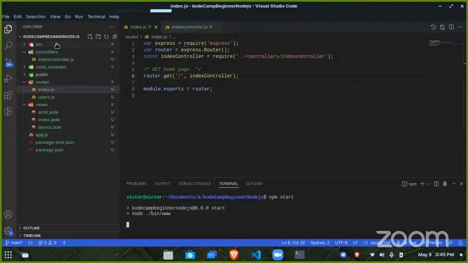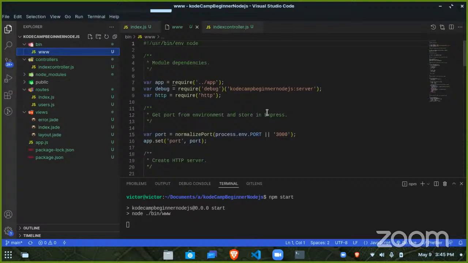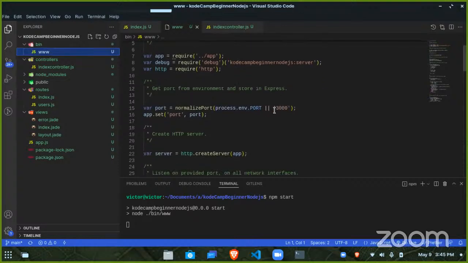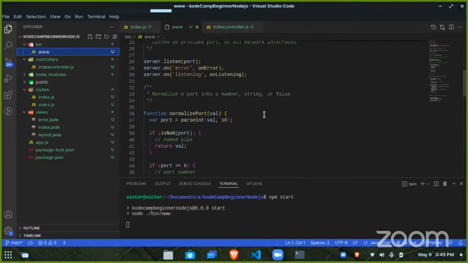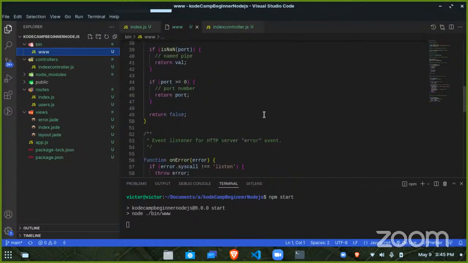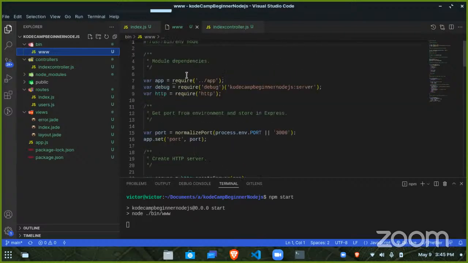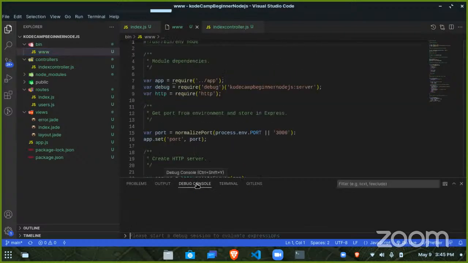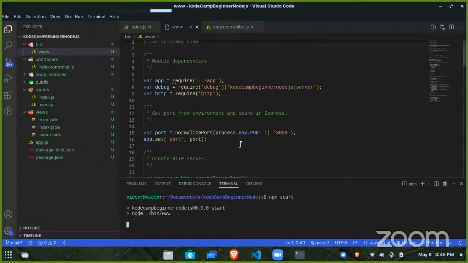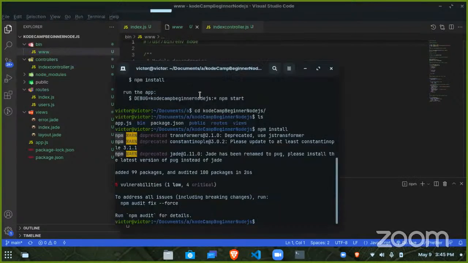If you want to know the port, you can check here. So the port is port 3000. I think on the debug console, okay. So now if we go to our browser,